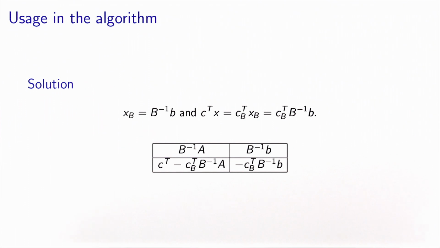Then the solution itself, well, we know that the values of the non-basic variables are 0, and the values of the basic variables can be read directly here. And as we have discussed previously, the value of the objective function can be found here. We just need to keep in mind that the sign must be changed. Actually, the reason why we keep a minus here will be for convenience afterwards, so that we maintain the same form of the equation. If you look at the left and the right, it's all minus c_B transpose B minus 1 times a vector. And here we have the same minus c_B transpose B minus 1 times a vector. This is why we have this minus here, and we need to keep this in mind to calculate the value